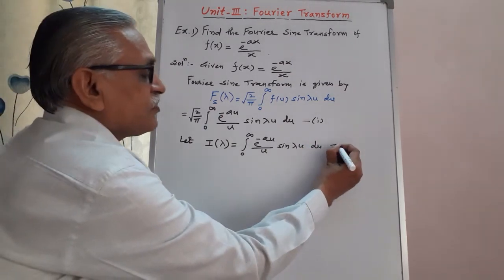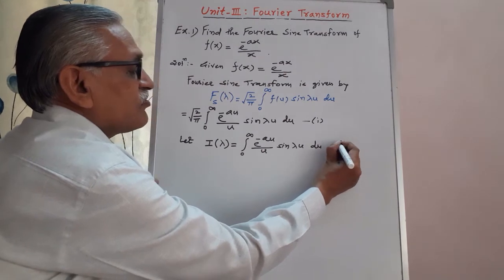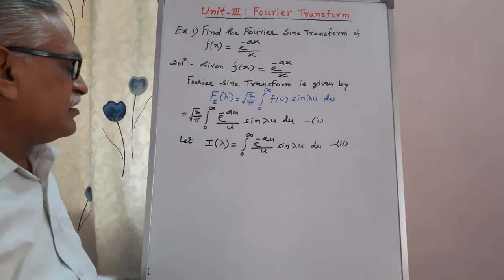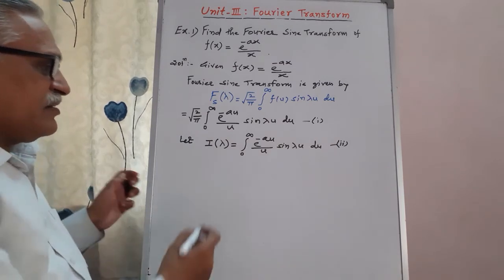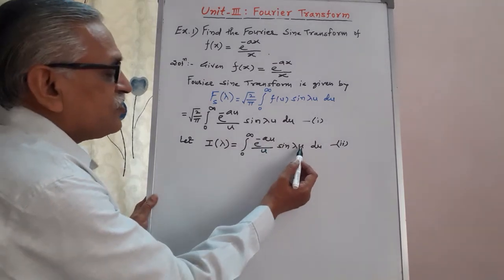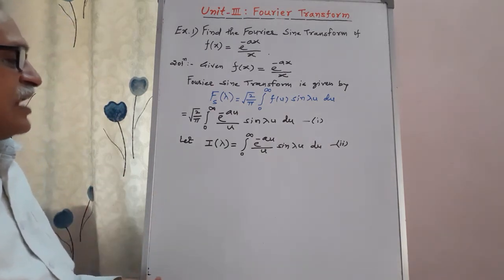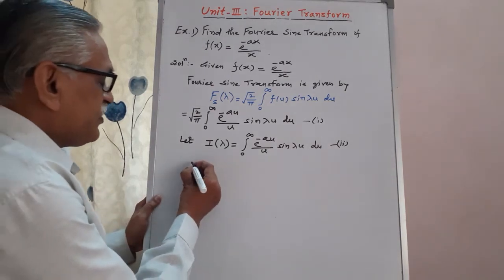We call this equation 2. This one as I of lambda. Then it is a function of two variables, one is u, another is lambda, and therefore differentiating